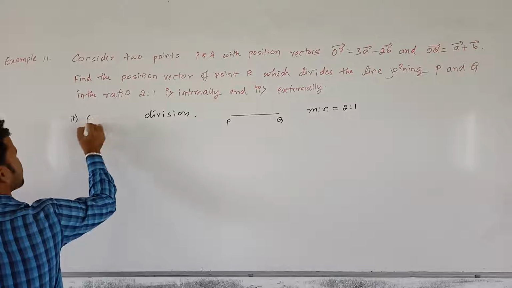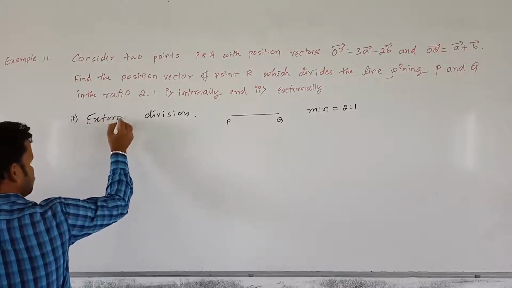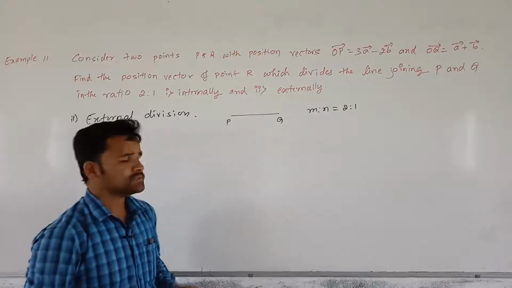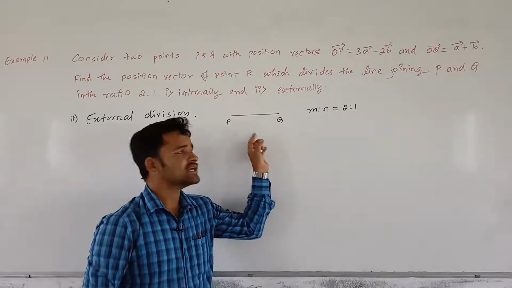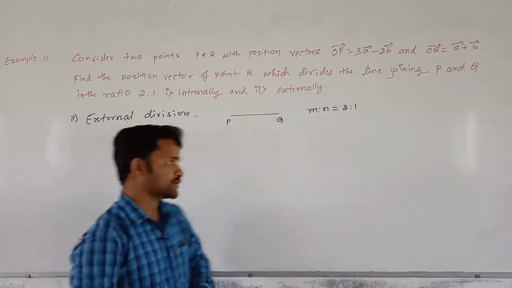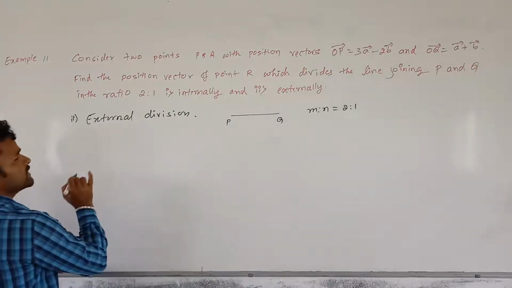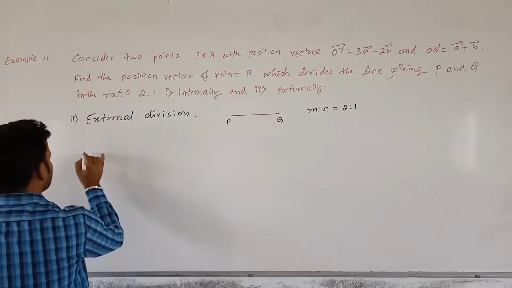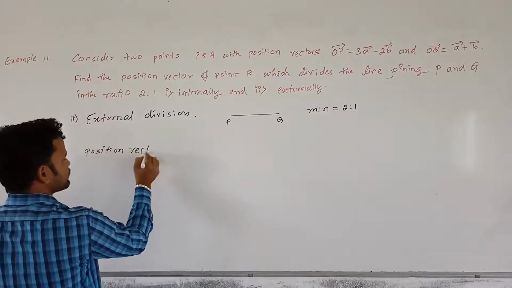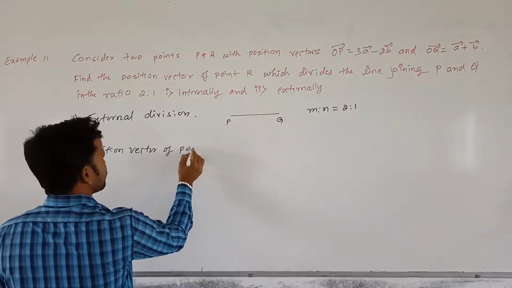Second one, external division. That means the point R which is dividing PQ is not lying on the line. If we extend this line, that point will be there. Okay. Here I hope you know the formula, that is position vector of point R is,